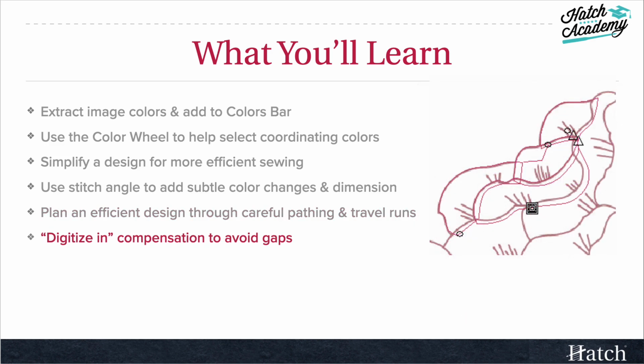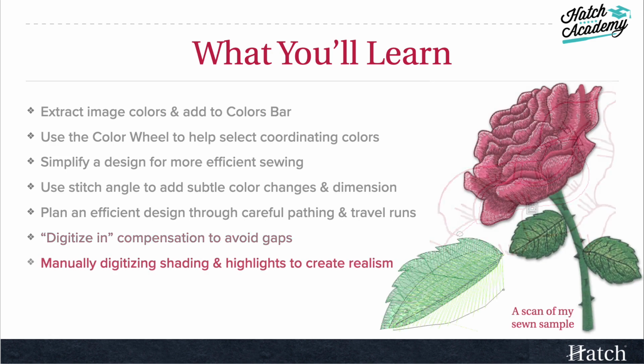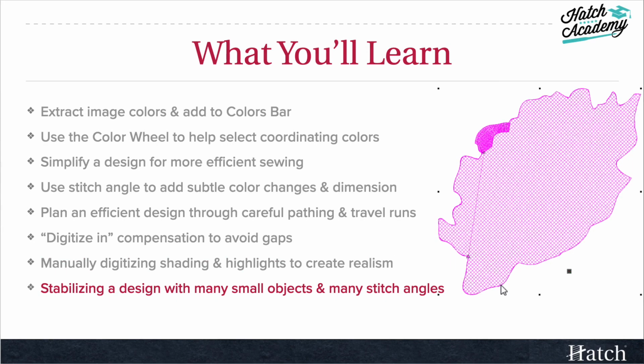We'll talk about digitizing in compensation to avoid gaps, and mainly we do that by overlapping objects. We have a lot of objects that we are going to manually digitize in shading and highlights to create that beautiful realism. Now with all those objects and all those different stitch angles, we can get a lot of sewing